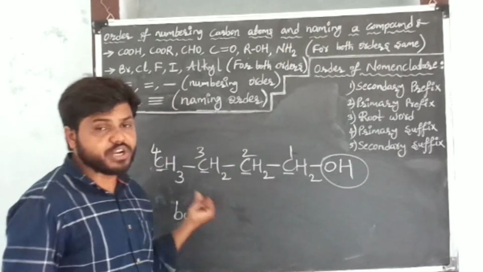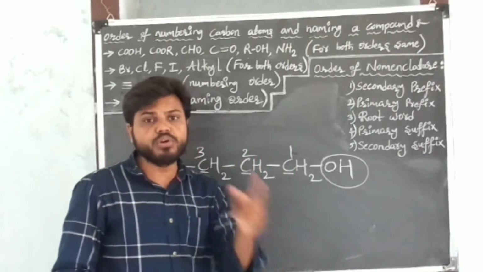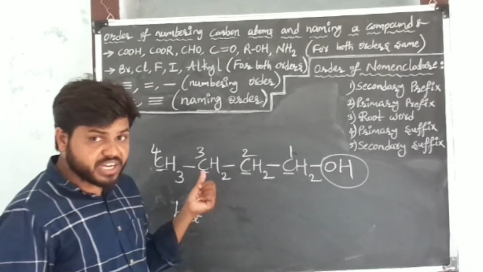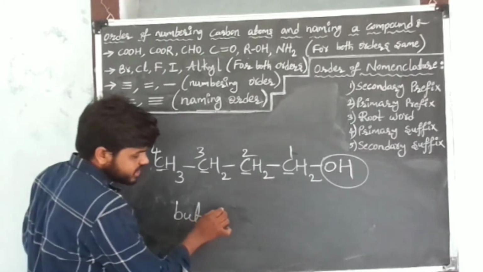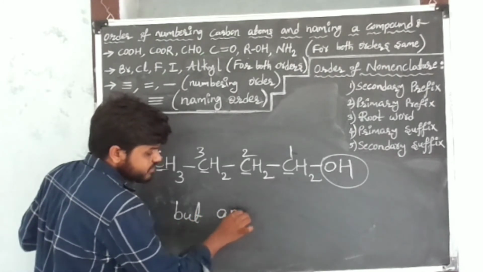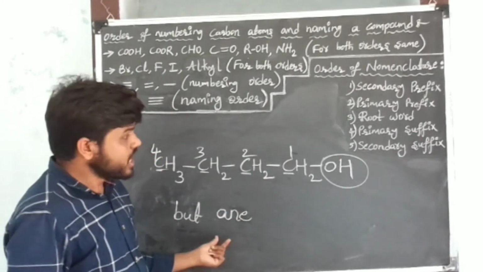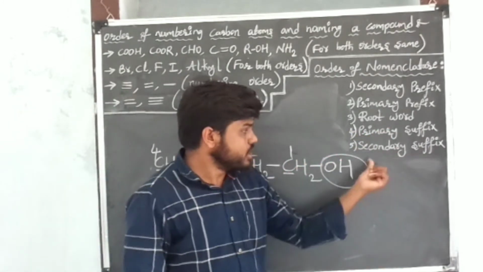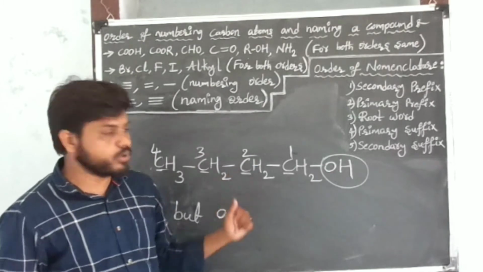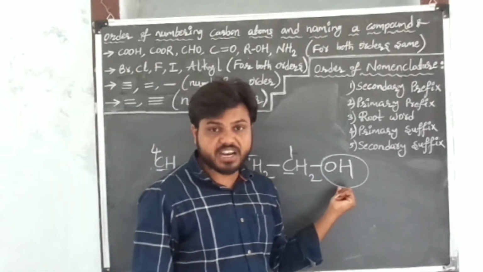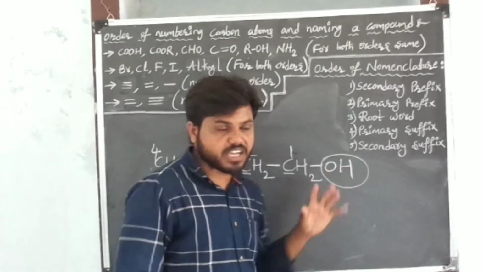Between every 2 atoms in the given carbon compound, a single bond is present. That's why I am taking the suffix of the single bond, that is "ane". After writing the primary suffix, go to the secondary suffix. Secondary suffixes are functional groups. One functional group is there, that is alcohol.